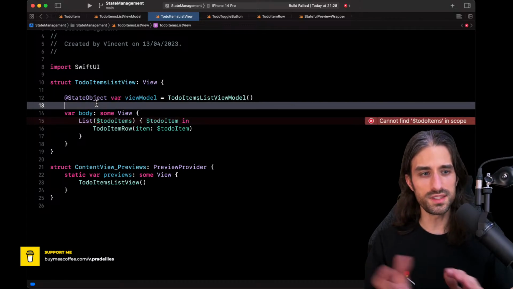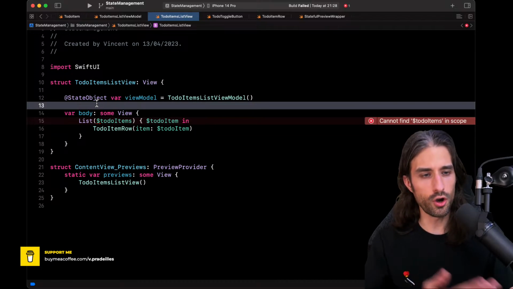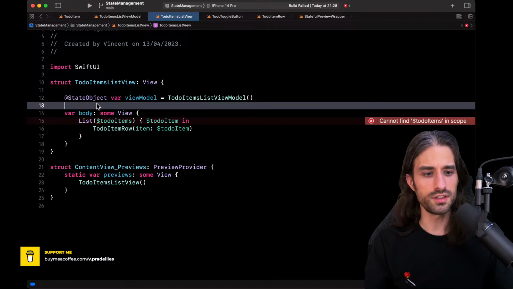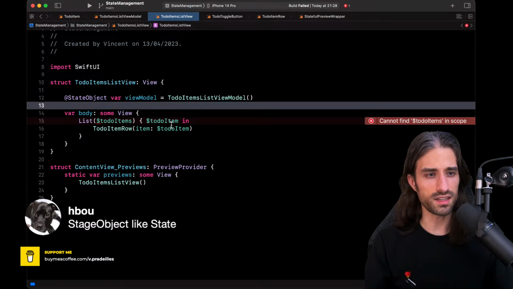So here we definitely want to use @StateObject. And the reason is that our view owns the view model just like before the view owned the array. And just like you're saying, @StateObject is like @State. Exactly.